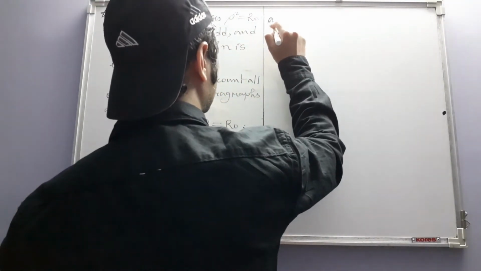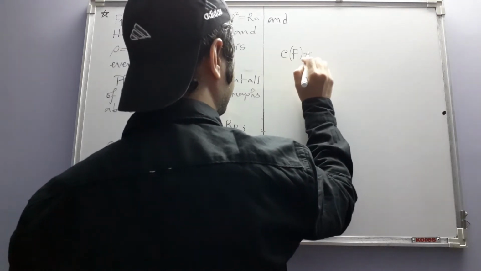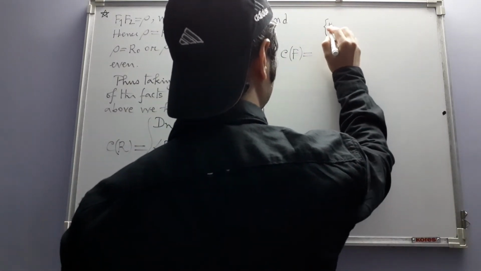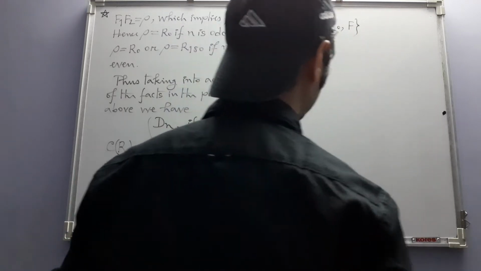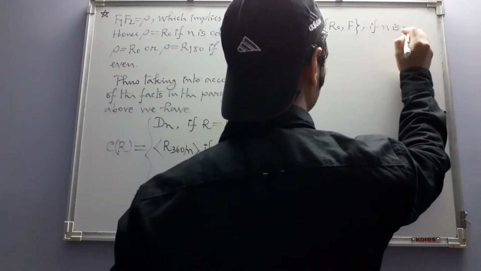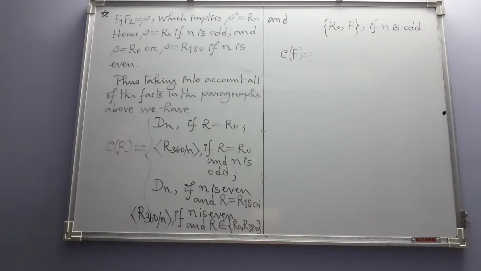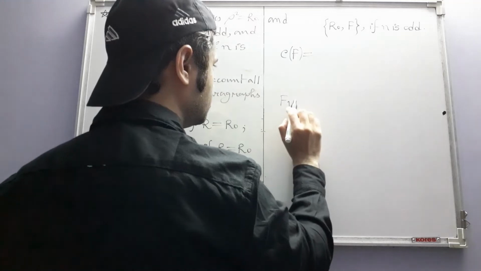And what about the centralizer of F? For this, the centralizer of F is this two element subgroup if n is odd. Okay, what did we do there? You see, we considered